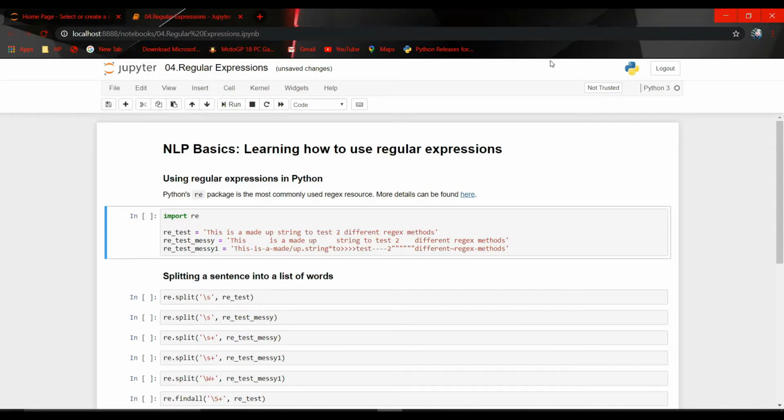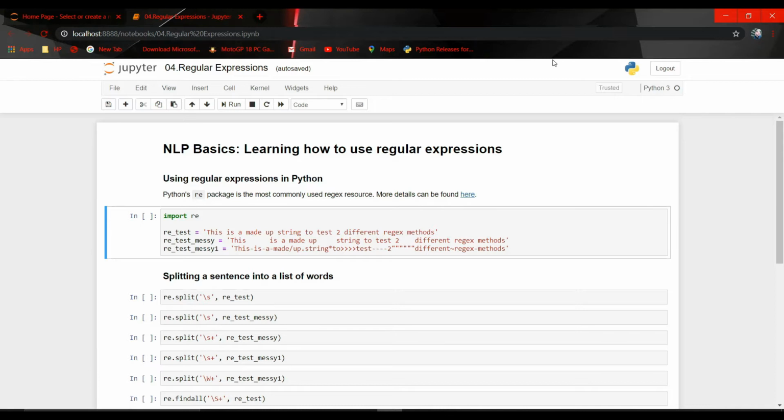In this tutorial, we are going to discuss regular expressions. Regular expressions play a very important role in NLP, as here we are dealing with text data and we want to extract the part of text which is of our interest. So RE comes into the picture. The RE package is inbuilt in Python. We can use it by importing re.